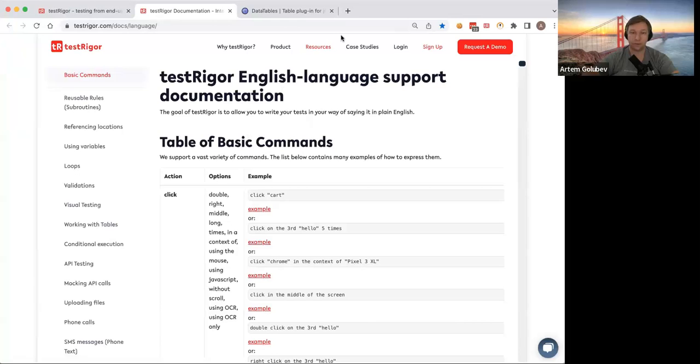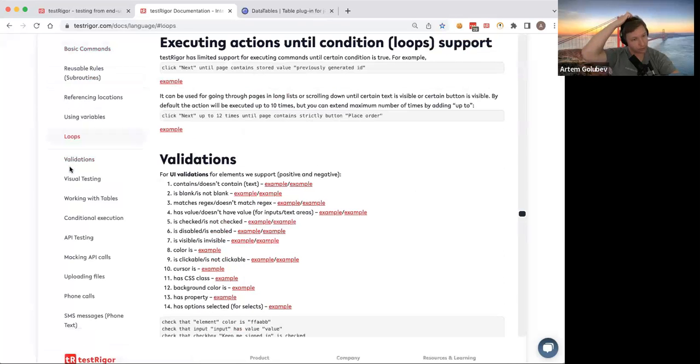testRigor has a way to do some kind of loops that has been designed to reflect how you as a human talk about things and to cover the most important scenarios which usually arise during end-to-end tests. And for that, if you look on the left side of our documentation, there is a section called loops, and there are examples of loops